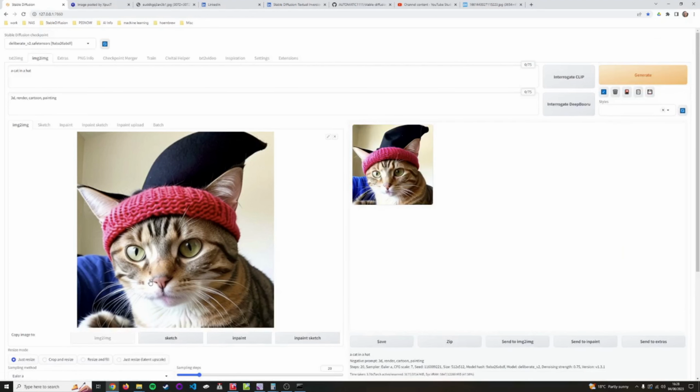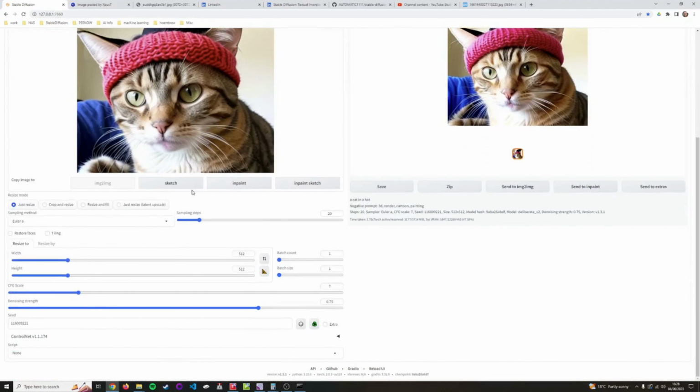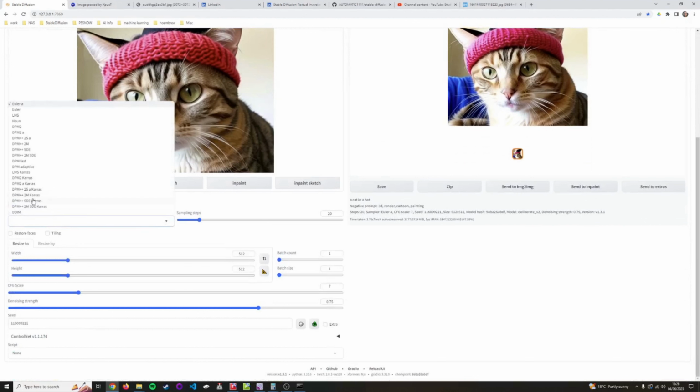In this case, I've got a very, very similar cat in a hat, but there are subtle differences in this image, I think mainly in lighting. I can see definitely more reflection within the eye than I've got here, more of a round, whereas this one's more broken. There's a little bit of dust here, whereas on this image there's a little bit of dust here, and there's also an indentation in the hat. So not a massive difference, but it's a variation of what I've input. And there's a lot of ways that we can tweak this and play about with it. For example,